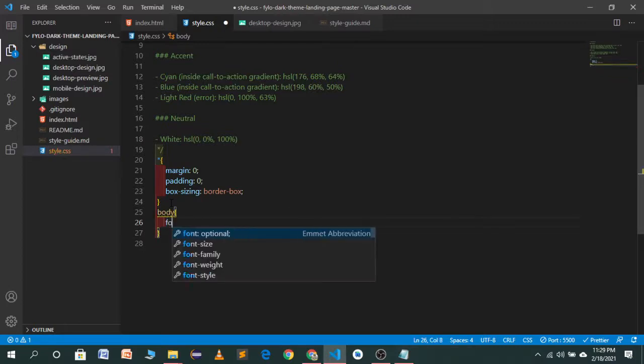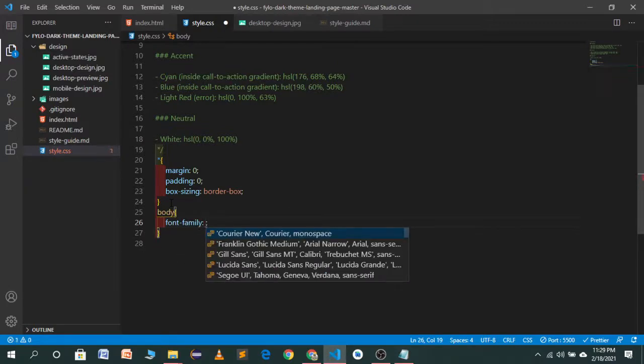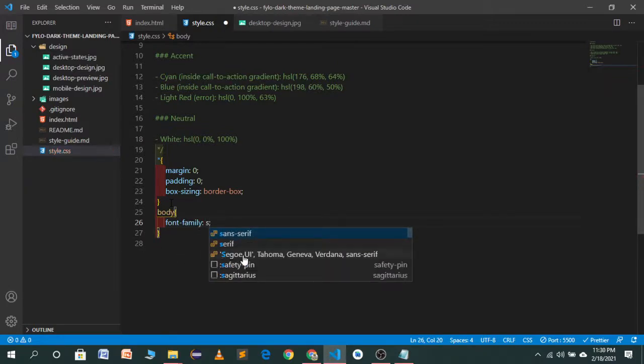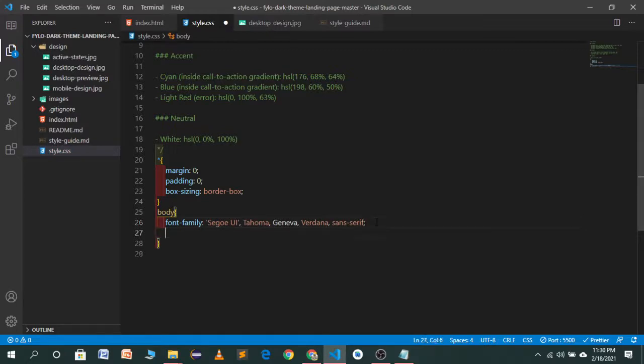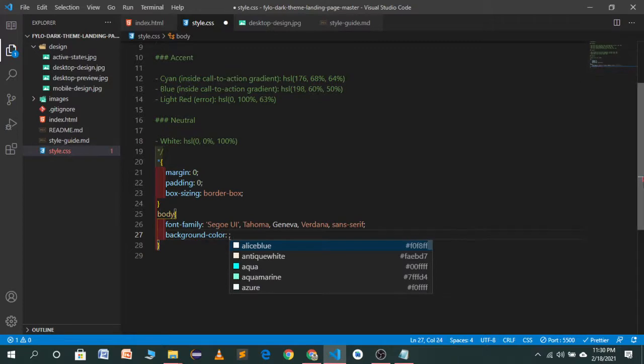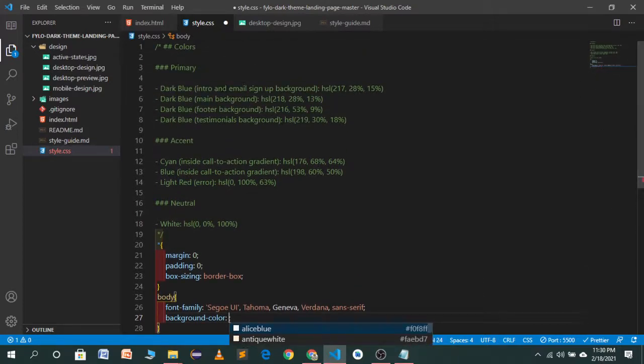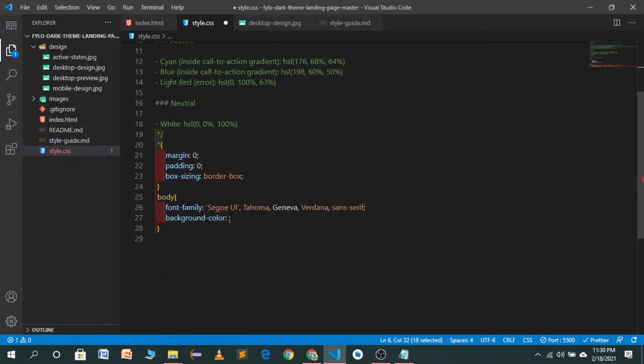In the body we will have a font family of this one, and a background color for our body. I think this one, the main background. Copy this color, and this will be our background color.